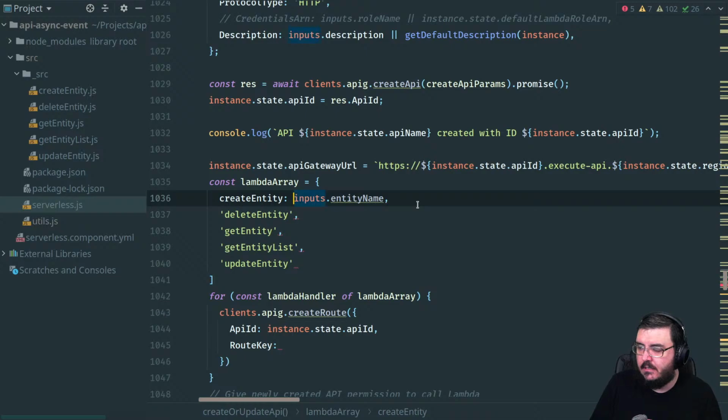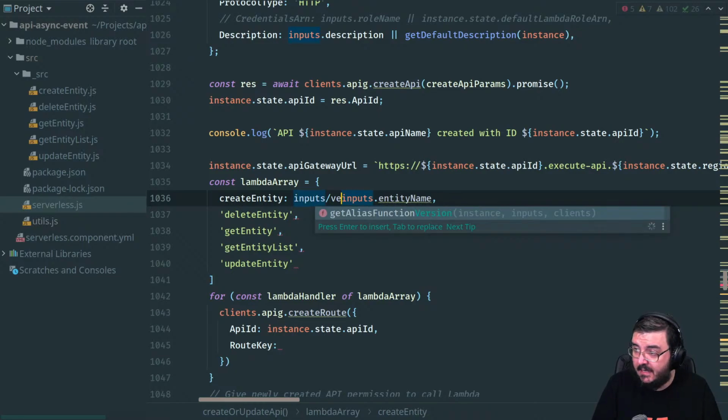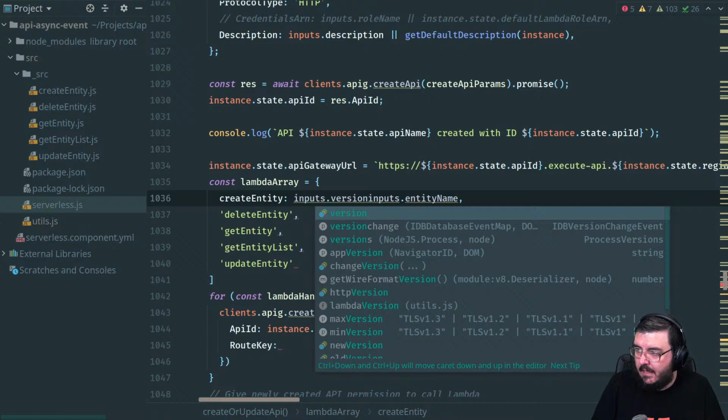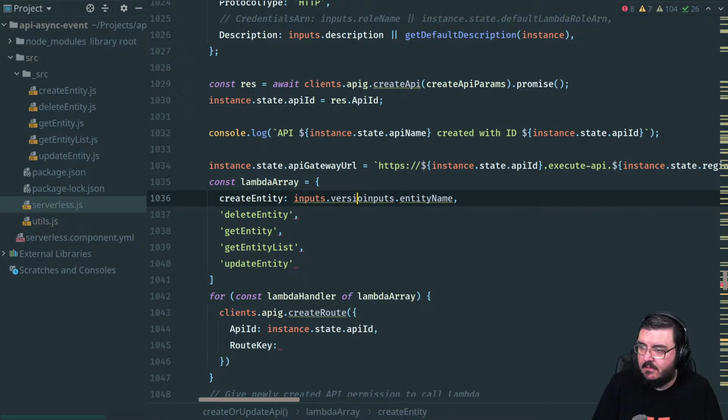So I'm also going to say, let's support inputs.version of your API, maybe. And let's use the template literal here.